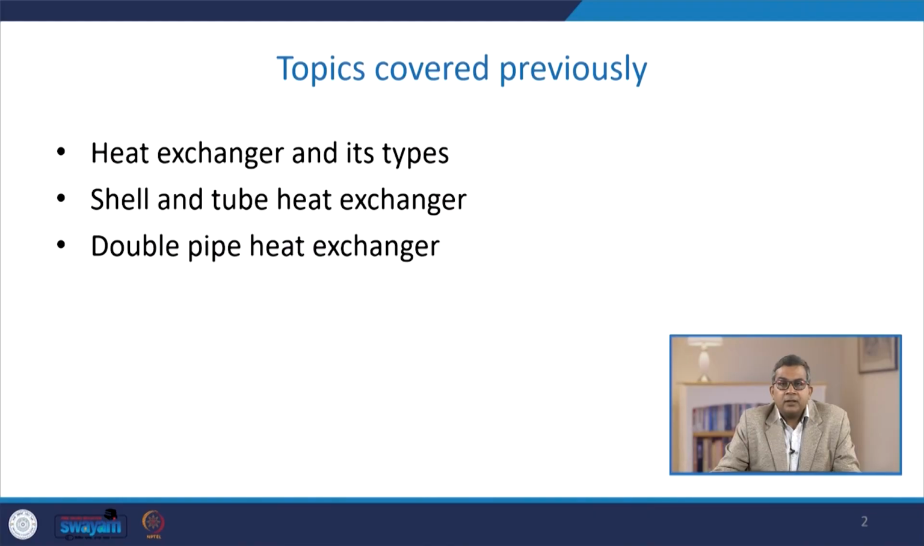Welcome to the next part of heat transfer utilities. In the previous lecture, we discussed different types of heat exchangers, their functioning, their anatomy, the integral parts of different heat exchangers, and the concept of heat exchange. Especially, we gave major emphasis to the shell and tube heat exchanger, then the double pipe heat